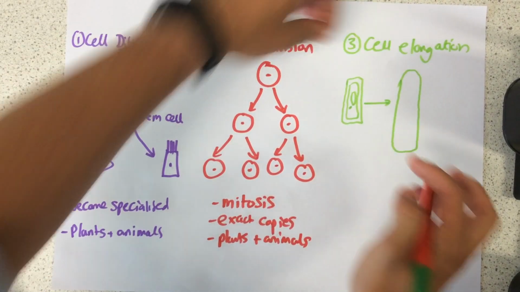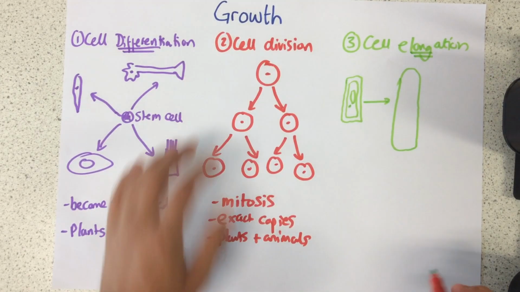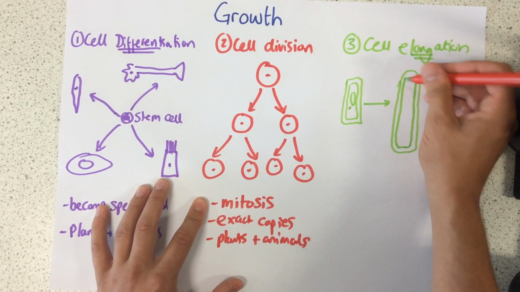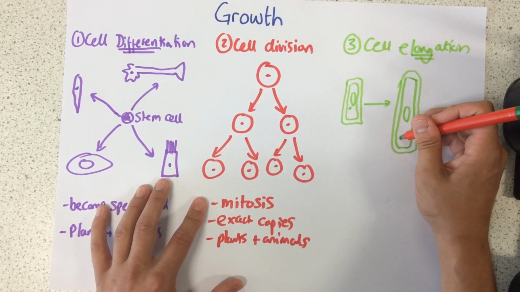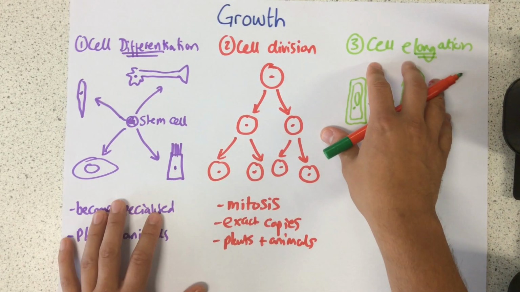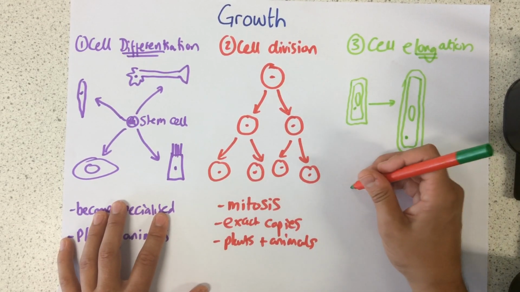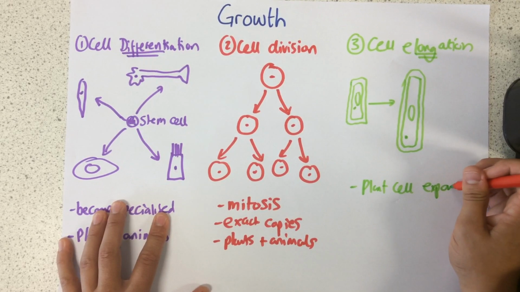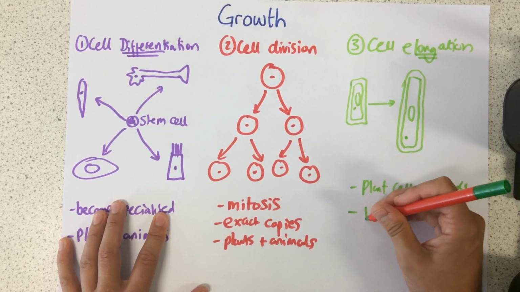So it elongates, it becomes longer, it becomes bigger, and essentially due to this cell elongation, the plants can increase in mass and their height. So this is, like I said, it's when the plant cell expands,